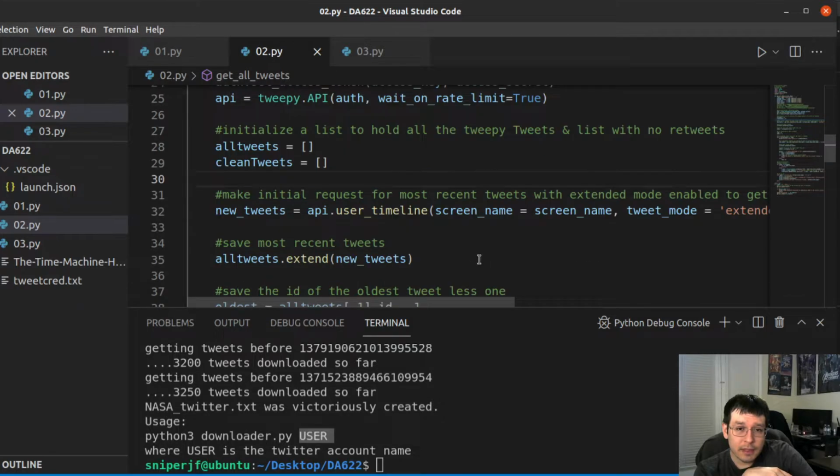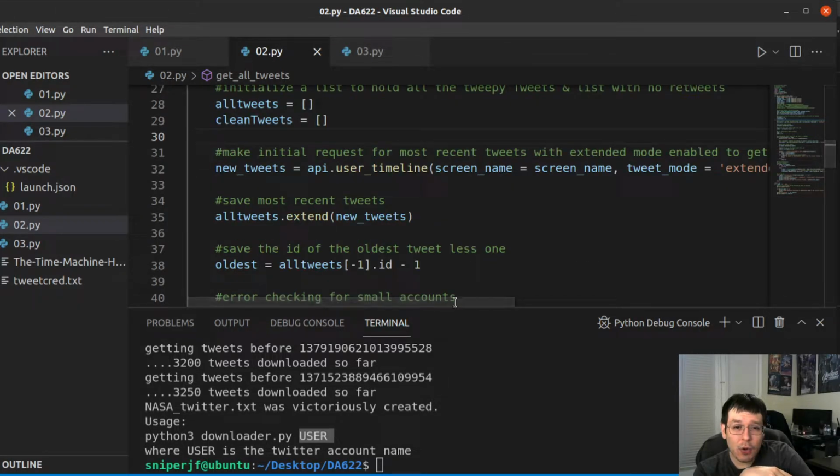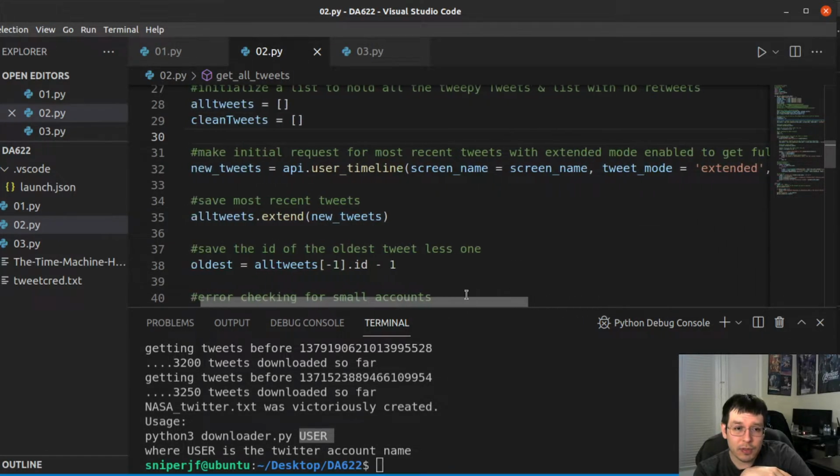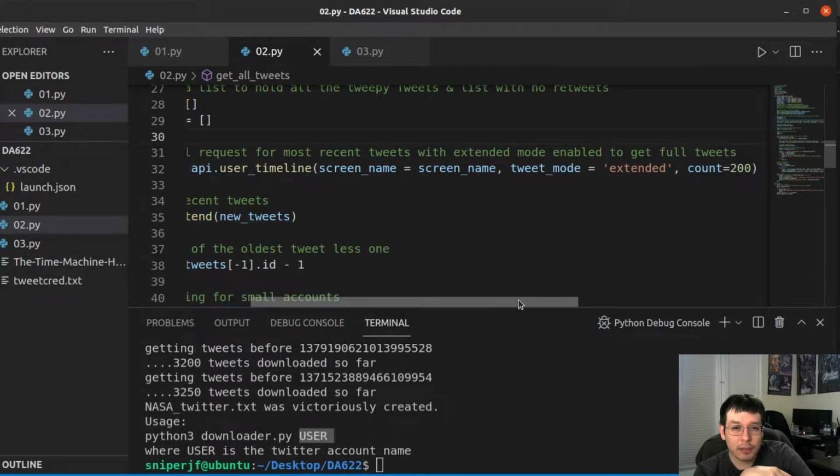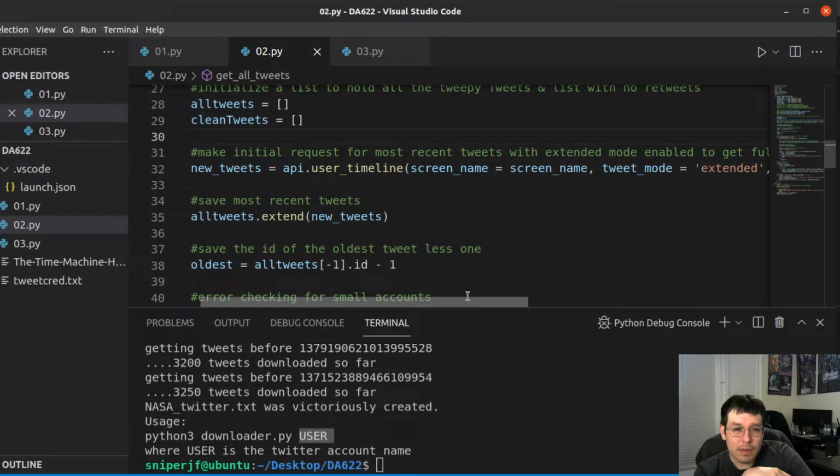So let's go ahead and request the tweets from NASA. That's what this line is going to do. Make the initial request for recent tweets with extended mode enabled to get the full tweets. Don't worry too much about the extended mode thing; you can read more about it. But basically, this right here is the request, okay? This is going to be the one time I communicate with the Twitter website for information in this script, if I recall correctly. So this is saying, hi Twitter,